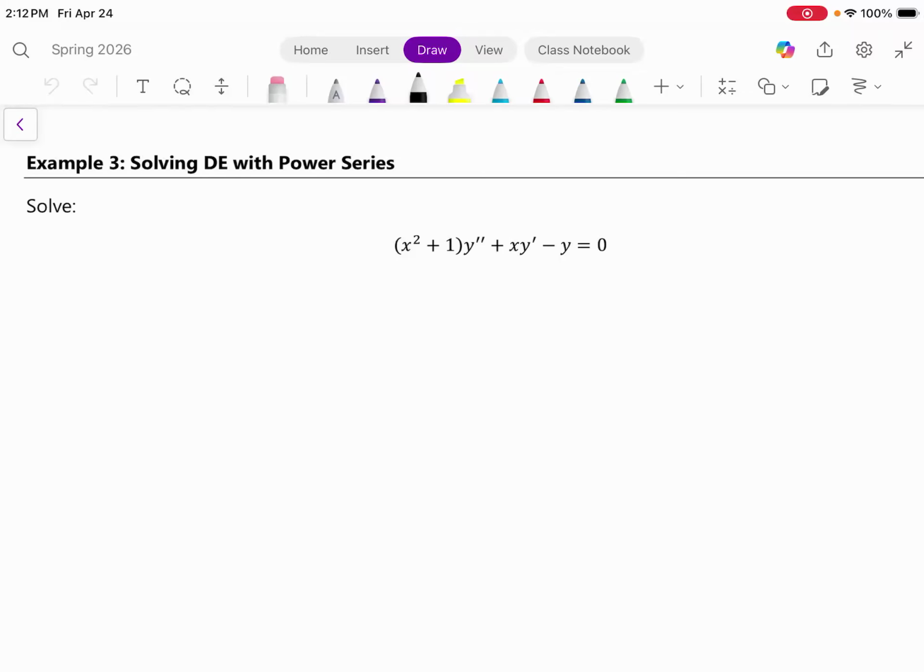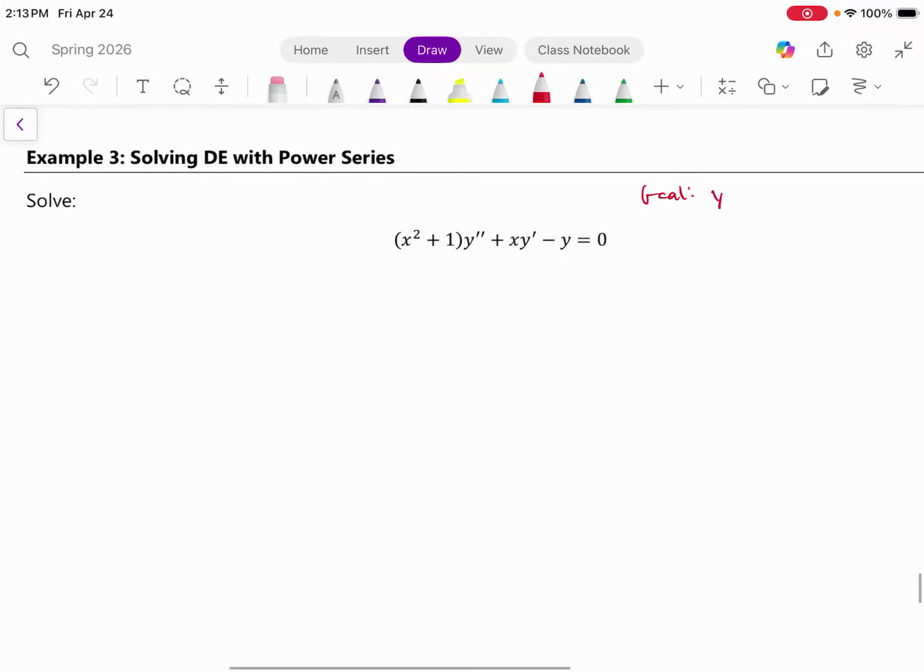Right. Hi, everybody. Welcome back to section 6.2. And in this video, we're going to solve another second order linear differential equation with functions of x as our coefficients to the y. So we want to solve this. So remember, we want to get two solutions